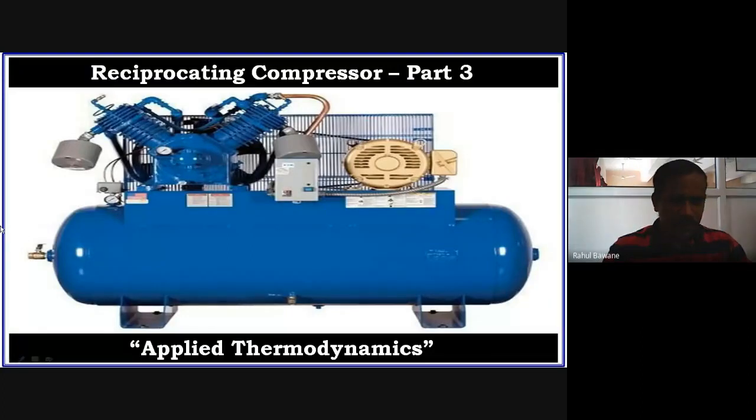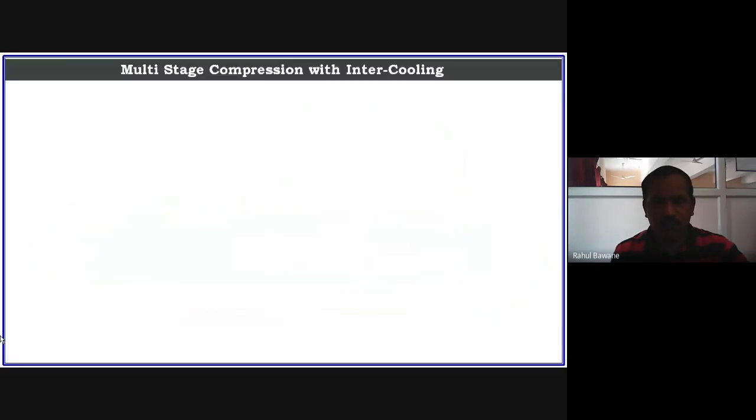Unit 6. So hello friends, today we are going to see reciprocating compressor part 3. In the previous two videos, two lectures, we saw what is the reciprocating compressor, and how it works if there is no clearance, single stage without clearance. In the second part, we saw when the clearance volume is given, then what is the impact. And the third part is based on multi-staging of compressor. So what is its necessity and why we go for multi-staging? So let's start today's video.